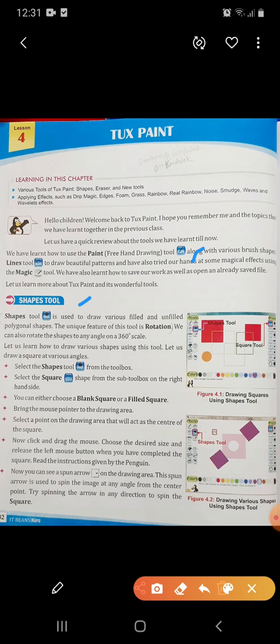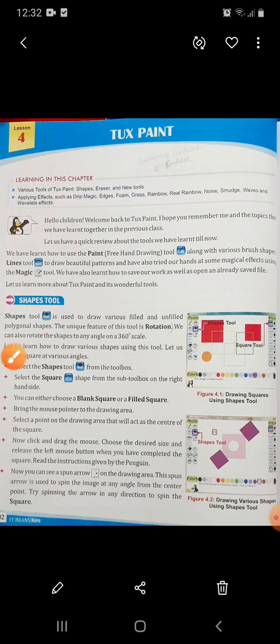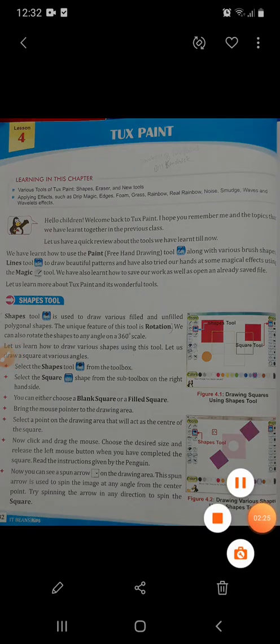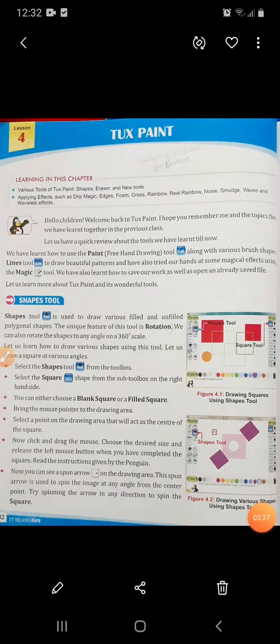We can change the size of the shape. If we want to draw a small circle, we can change its size. Got it? Also, we can rotate it in any direction, that is 360 degrees.